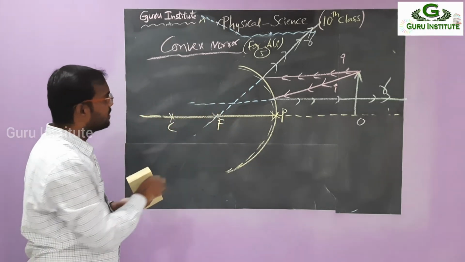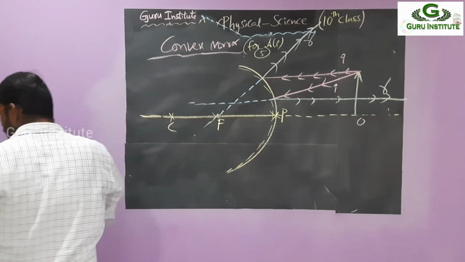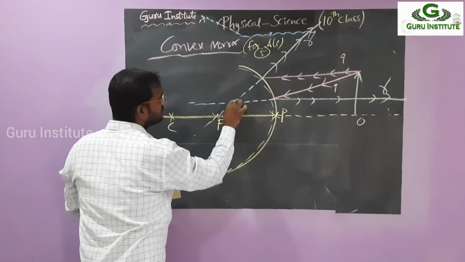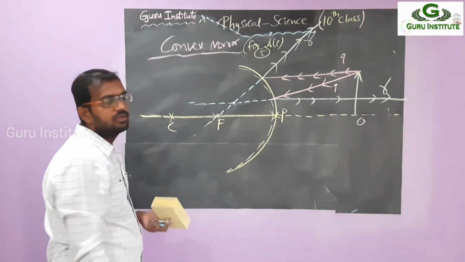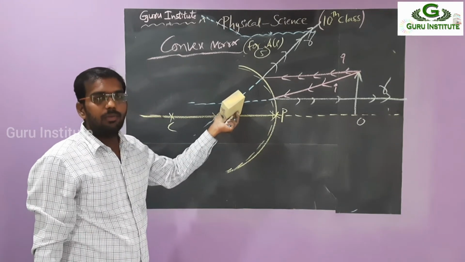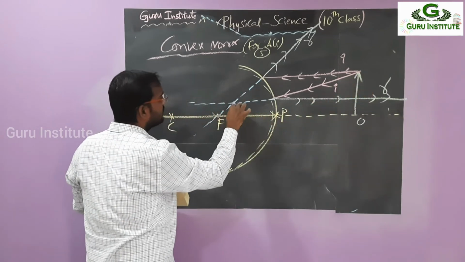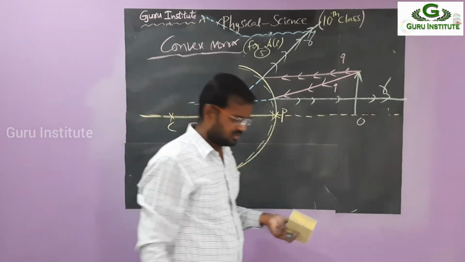Where is the image found? Here is the point of contact, so here the image is formed. Now, this point, what is formed here? Is it the top of the object or the bottom of the object? Let's observe. This is the top of the object, so here also it is the top. Like this the image is formed. So, object and image, no confusion.